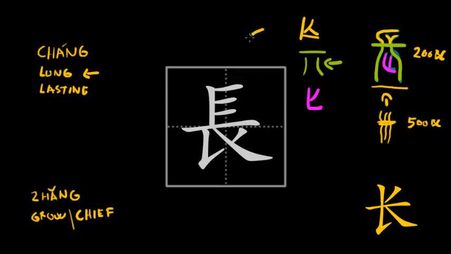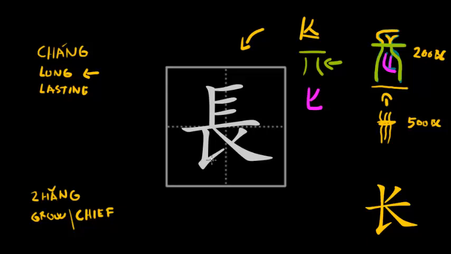Let me just do a little arrow over here. This is the next step in the evolution. So this is number 1, this is number 2, and this is number 3. This is the modern character. And why I'm going all the way back is to try to explain to you why, if you look at the traditional version of this character, not to mention the simplified version of this character, there will be absolutely nothing that will relate this character semantically to